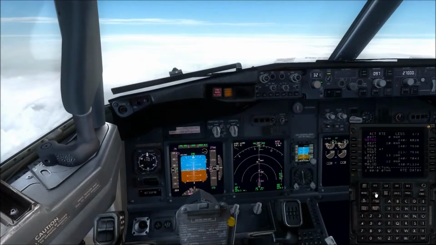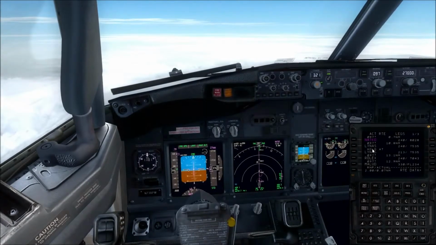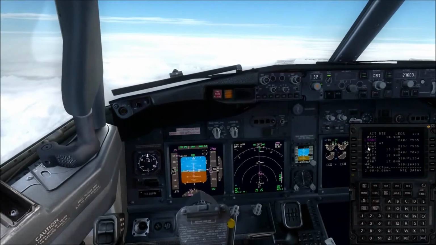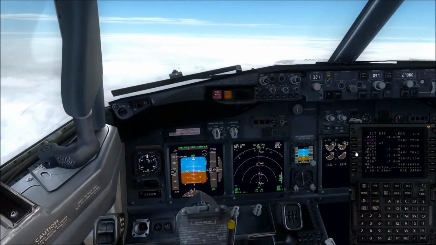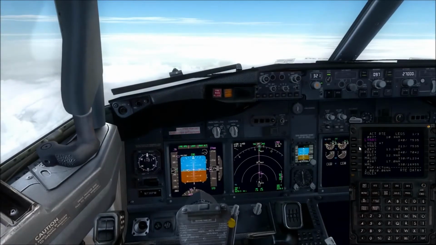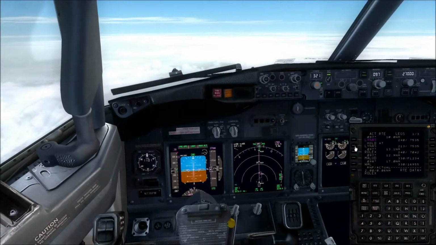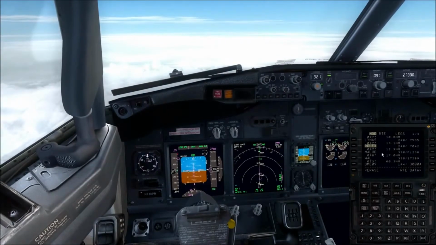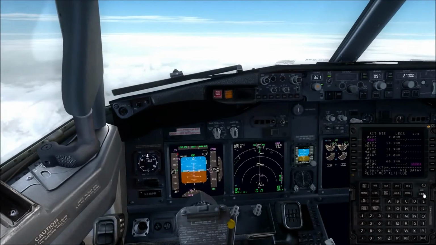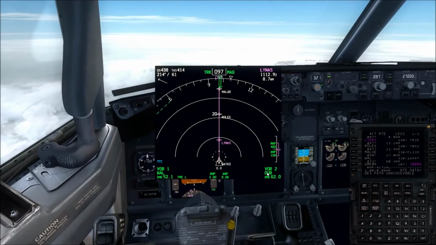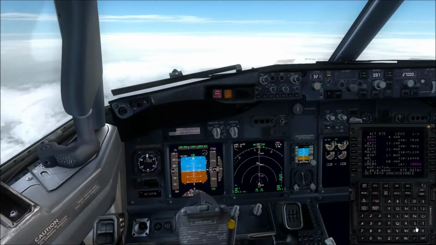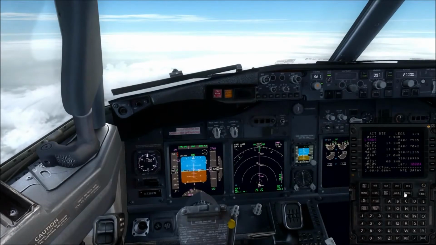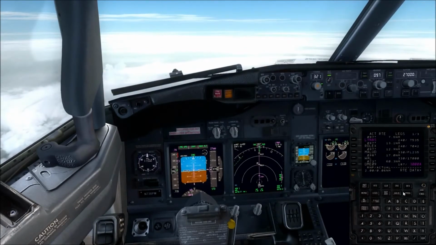is to go to the legs page, and below where it says hold at and then the waypoint you're going to hold at, you need to click alongside the waypoint after that holding pattern, and then click alongside the holding pattern itself. Then you'll see the holding pattern has disappeared from the legs page. Then click the execute button and it's gone from both the navigation display and the legs page, so it's completely gone from the flight plan and the aircraft will no longer hold.